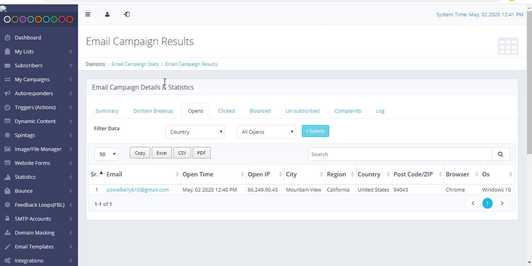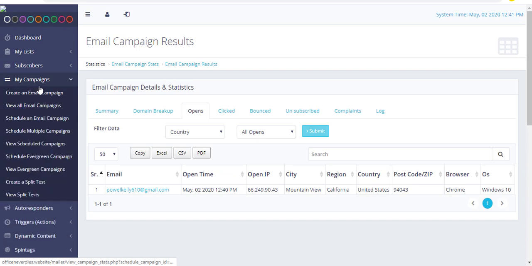And let me tell one thing again, that whenever we go to my campaign and create an email campaign, it just means that we have to set the text or HTML format that we are going to send in schedule an email campaign.